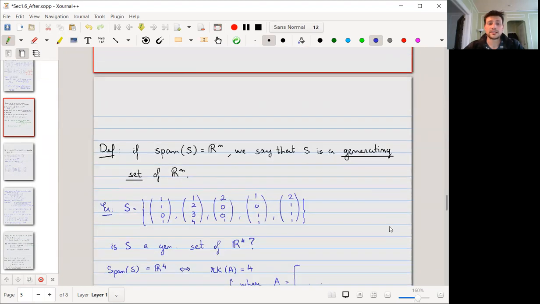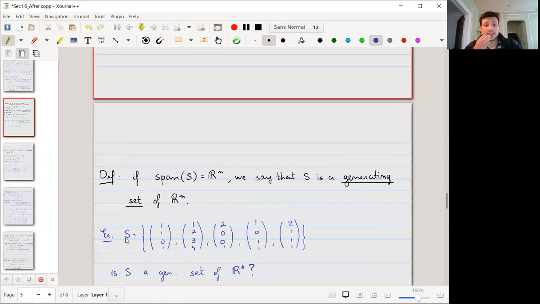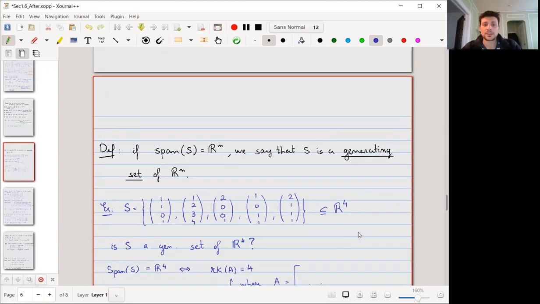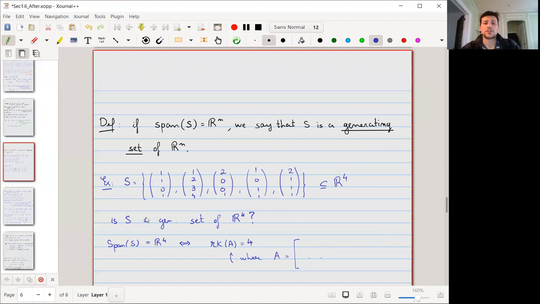Let's have a look at that in action in an example. This S is a set of vectors with 4 entries, so certainly it is a subset of R4. Now the question is, if I take the span of S, do I get the whole R4? In other words, is S a generating set of R4? Well, we can try and do it